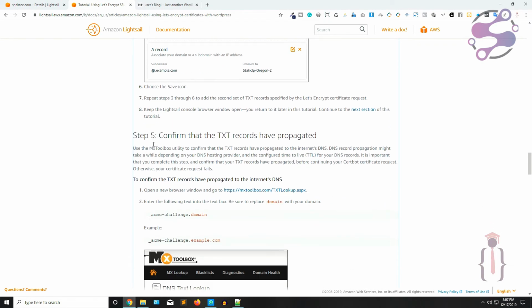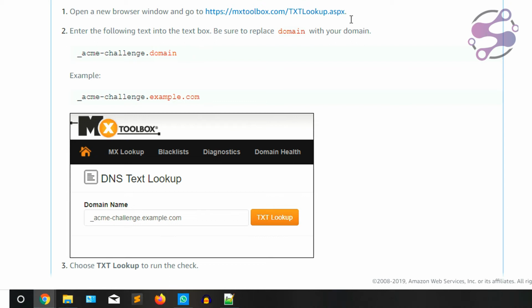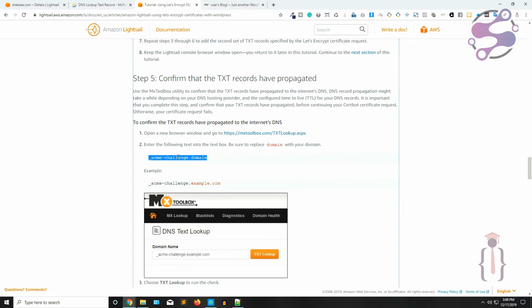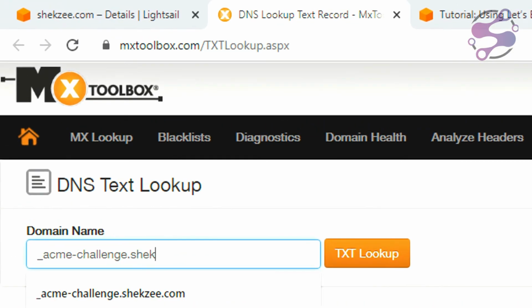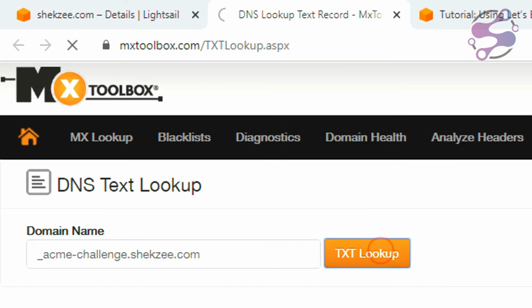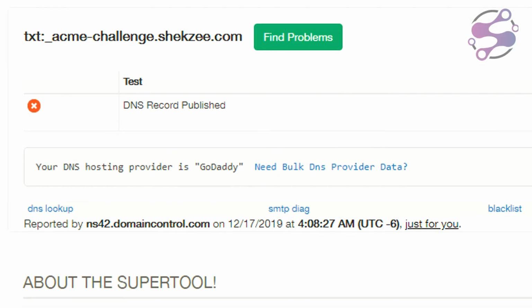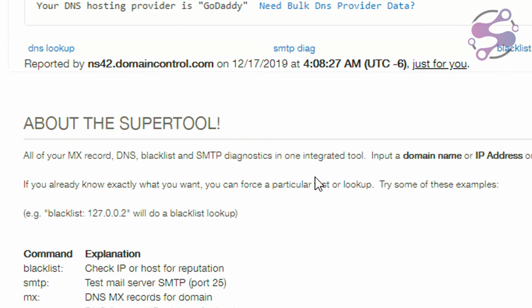So now they are saying step 5, confirm that the text records have propagated. So now click on this link. So this link is available. So copy this, paste it here. This time I'm saying shexy.com. Click on this button. So now as you can see, it's saying your DNS hosting provider is GoDaddy, and you have some other information. Okay, now I'm going to open the